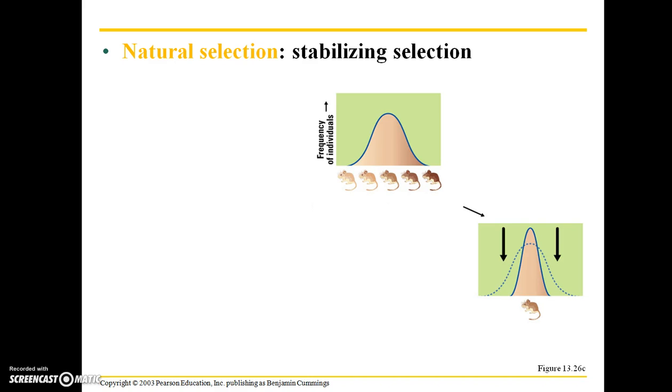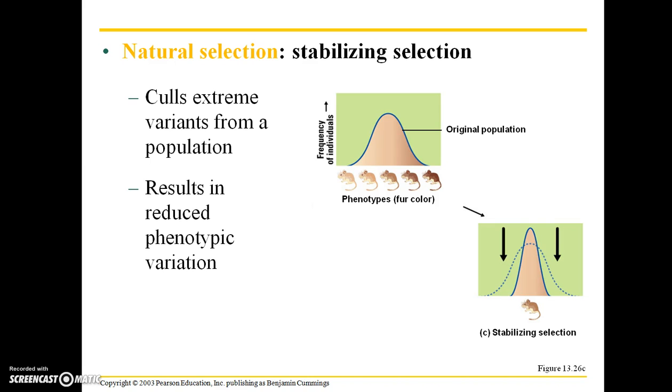Stabilizing selection is another sort of generic outcome of natural selection, and it culls extreme variance from a population. This results in reduced phenotypic variation. Again, we have this original population here with this normal bell curve of phenotypes. Stabilizing selection is going to work at either end of this curve to cull extremely dark colored individuals as well as extremely light colored individuals. So the resulting bell curve is going to be narrower, and there's going to be fewer